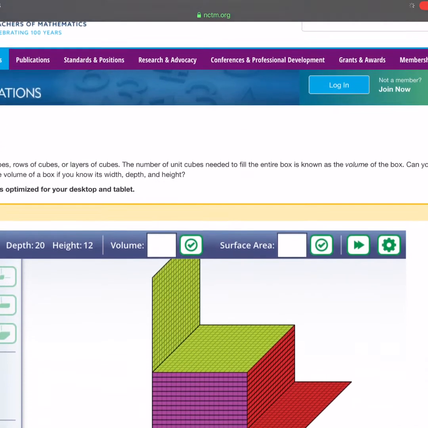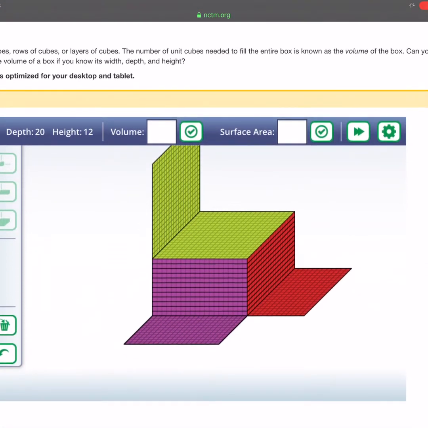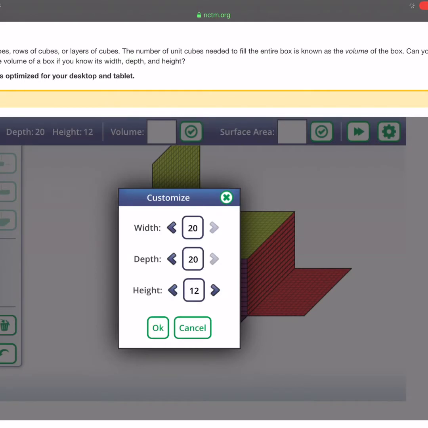And if you scroll down, here's the same resource that you discovered yesterday. One of the really cool things that it allows us to do, and some of you might have already figured this out yesterday, is if you hit this little gear on the right side, it lets you customize your rectangular prism. I'm going to see if I can make a rectangular prism that has a volume of